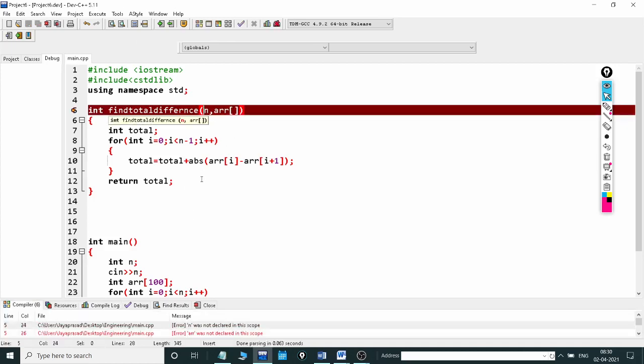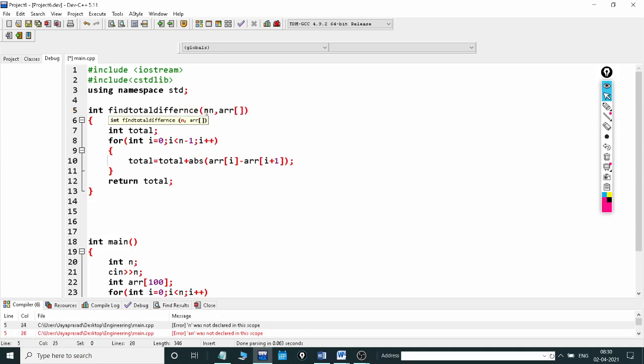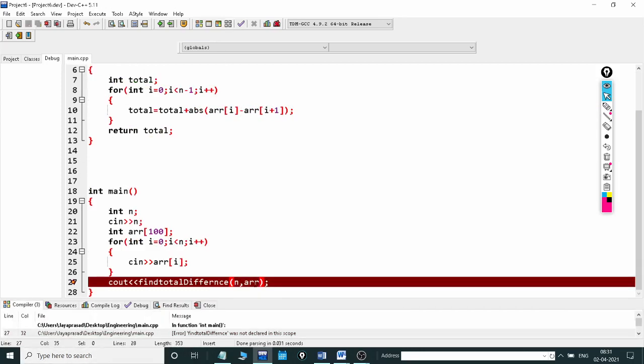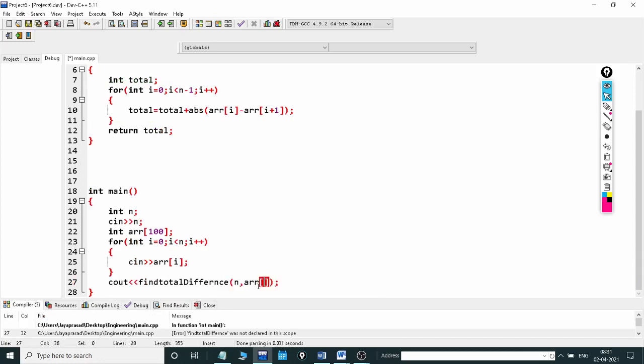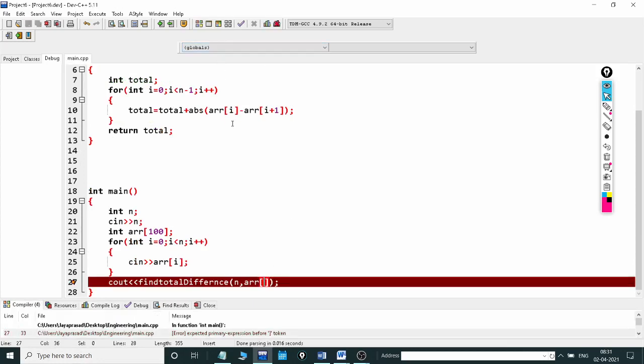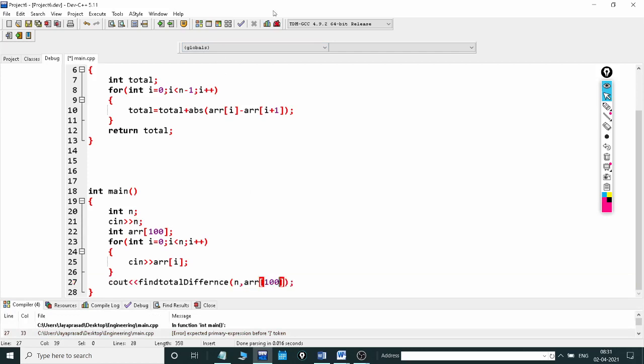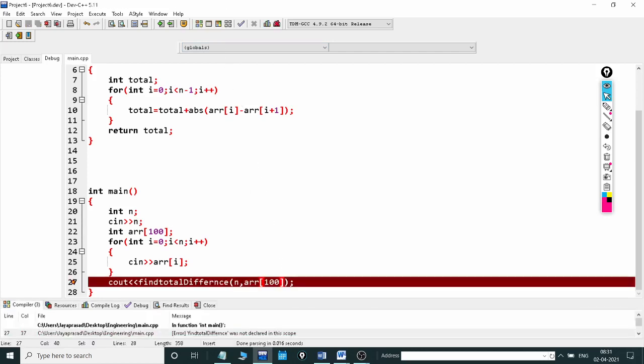Yeah, but it's giving an error. We need to write the type, right? So int, and this also int, don't forget this one. Just run it. Again here, because it is an array, we need to give the size here. Again it's giving an error. Why is it an error? Anyone think of that? Let's first of all see the error.